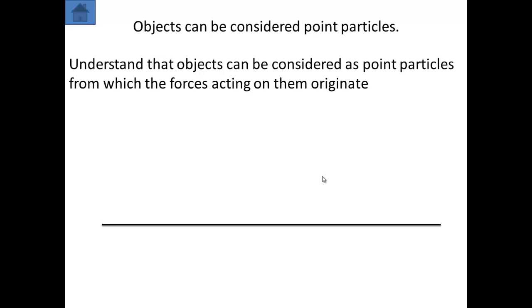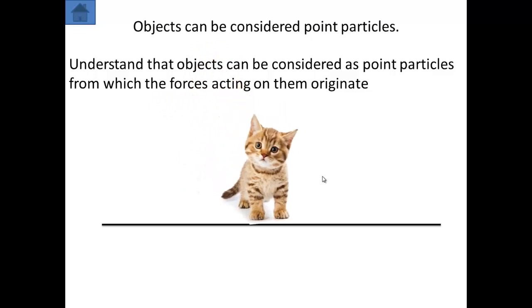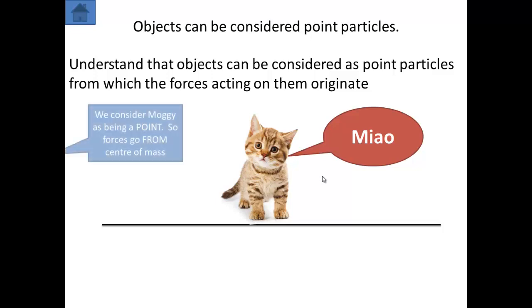Objects can be considered as point particles when drawing free body diagrams. So you should understand that objects can be considered as point particles from which the forces acting on them originate. For example, we have Moggy, little cat here. Meow, says Moggy. If we consider Moggy as being a point, then the forces go from his or her centre